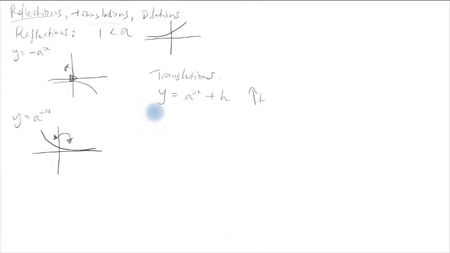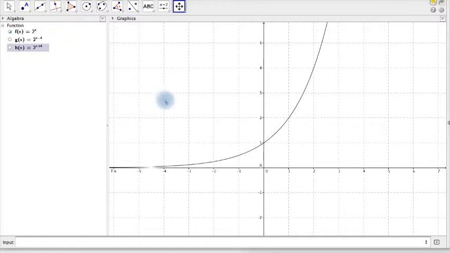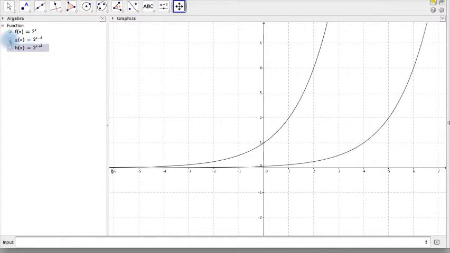And our horizontal translation is if we have y equals a to the power x minus k, means it's going towards the right, k units. So let's take a look at an example of that. So here's our 2 to the power x. Now here we've got 2 to the power x minus 4. So if we put on this one with the minus 4 there for k, so k is 4,